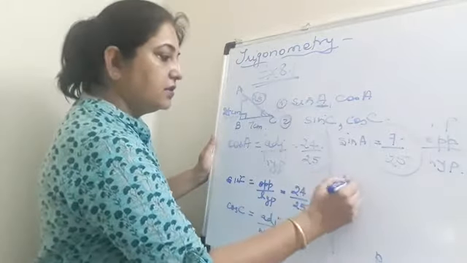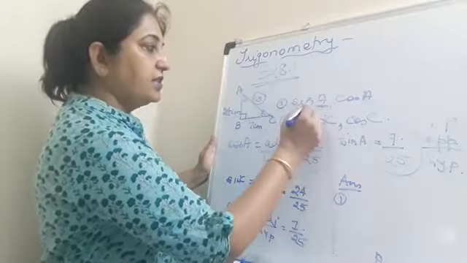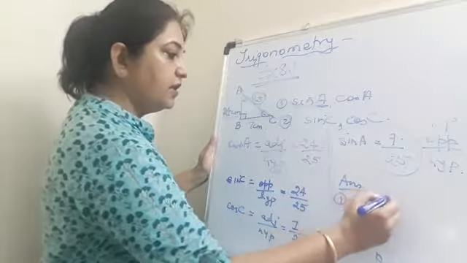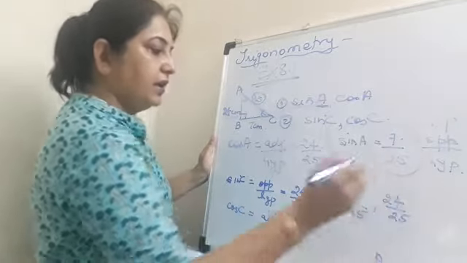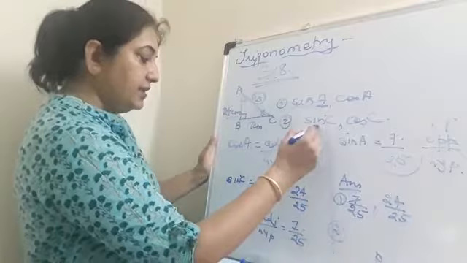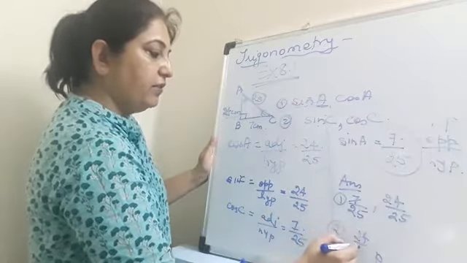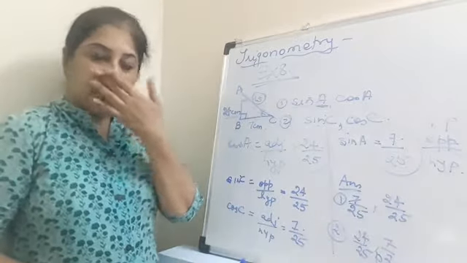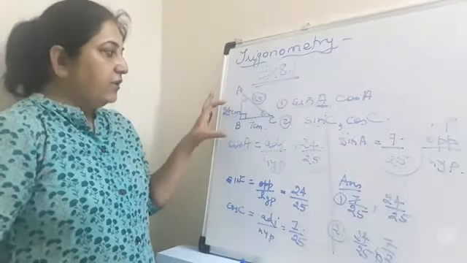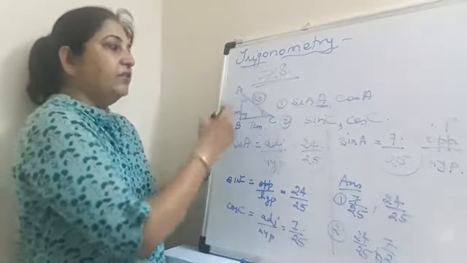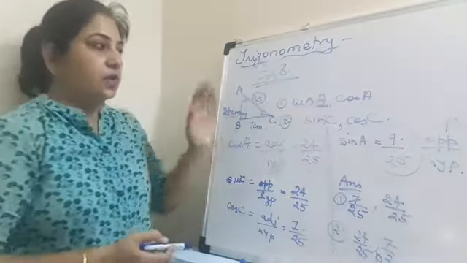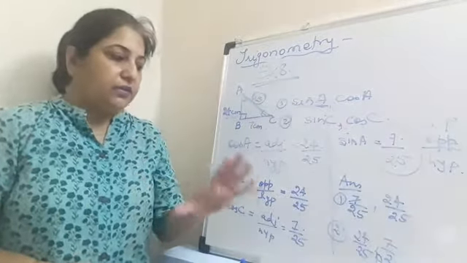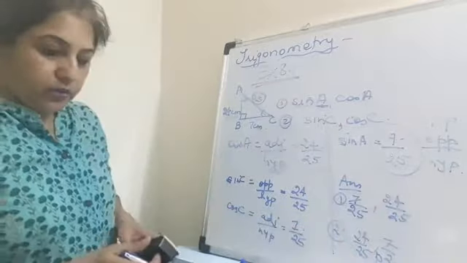So the answers for this question number 1 are, for sin A it is 7 by 25, right? For cos A it is 24 upon 25. Then in the second part, for sin C it will be 24 upon 25 and for cos C it will be 7 upon 25. So I hope it is clear to you what you have done. Read the question carefully, find out the side and then find out whatever quantities they are asking you, sin A or cos A, sin C, cos C, but remember which angle we are stressing on. Okay, so this completes your question number 1.